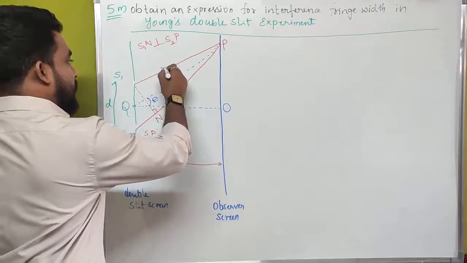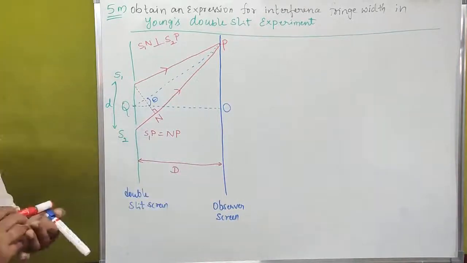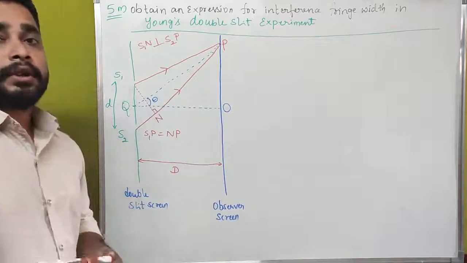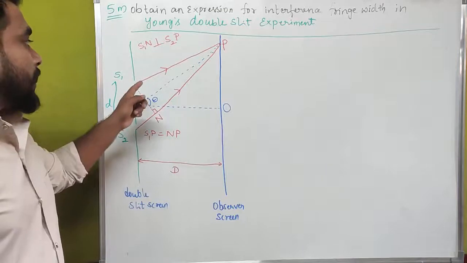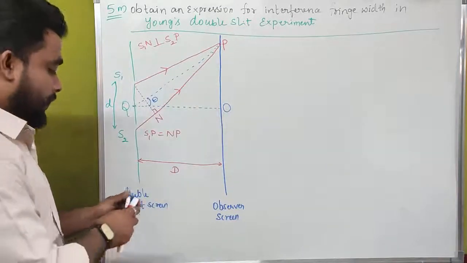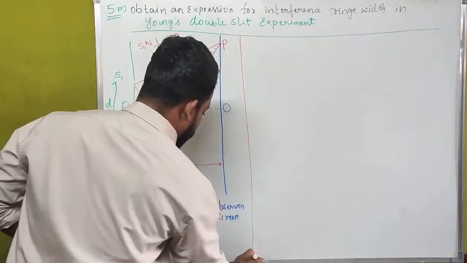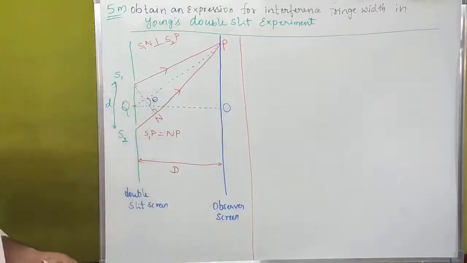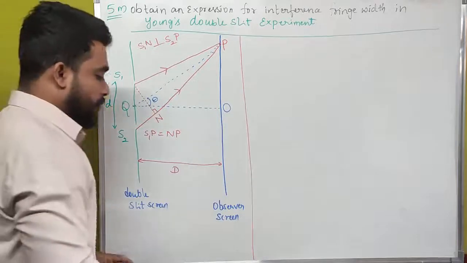And this is the direction of a light ray. If it is ray optics or wave optics, we should show the direction of the wave and in which particular direction it is traveling. That is more important. Now we have to derive the expression for fringe width using this experimental setup. Okay, let us see how we are going to do that.